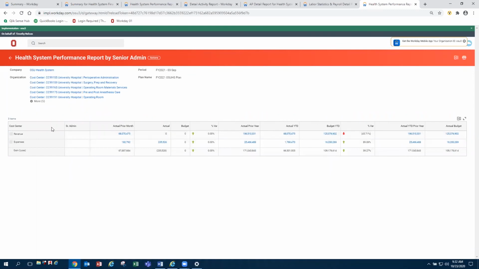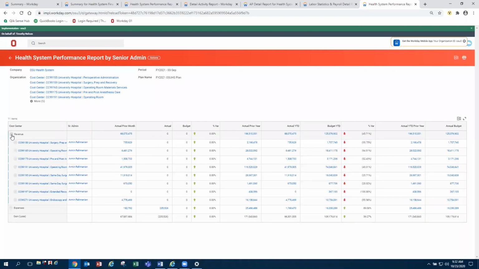And as you can see, it looks very similar to some of the reports that we saw in our performance report tab. The only difference is that when you expand on these categories, you are able to see who the senior administrator is. As we discussed earlier, you are able to run those by senior administrator, contact, and director. And this is a good way to take a look at the financials and understand who's ultimately responsible for these individual cost centers. Again, as with all the other reports, any highlighted value has drill down capabilities.